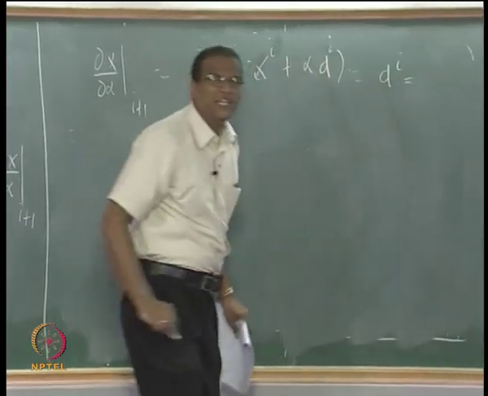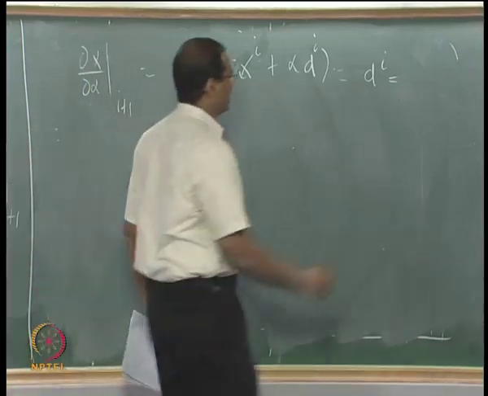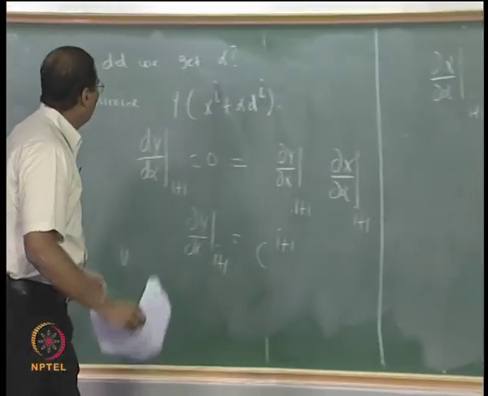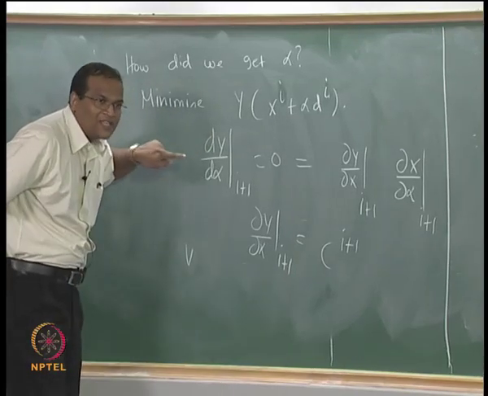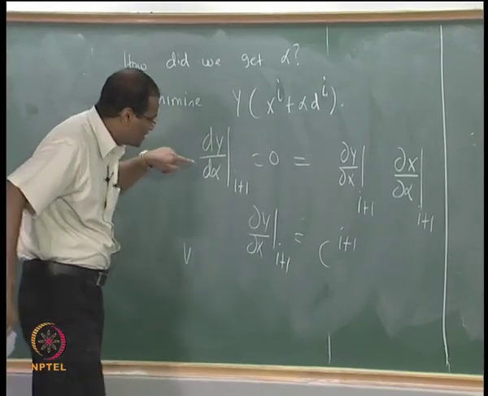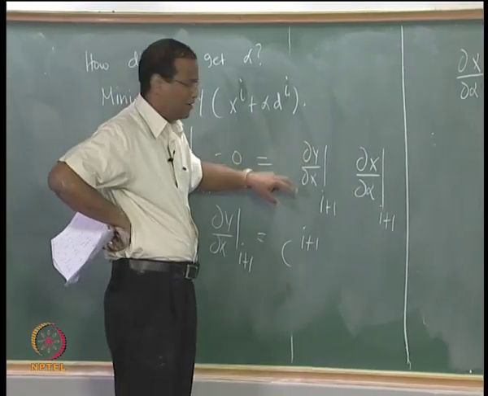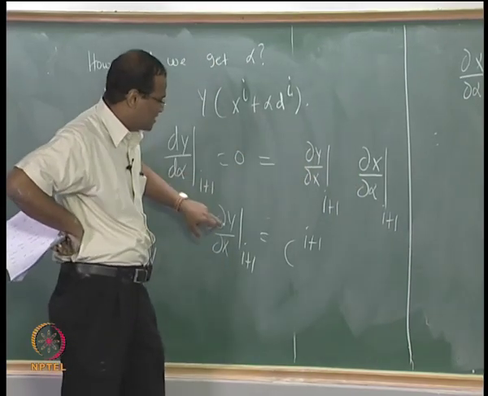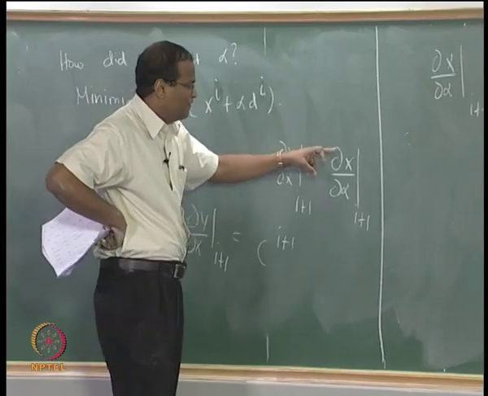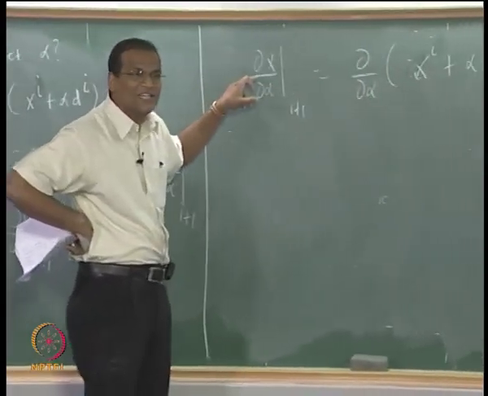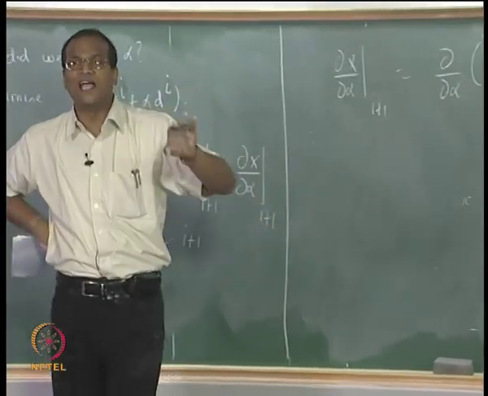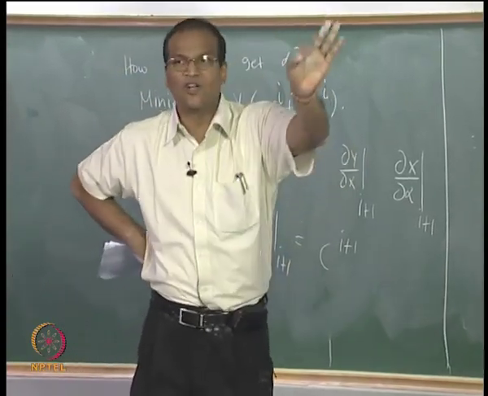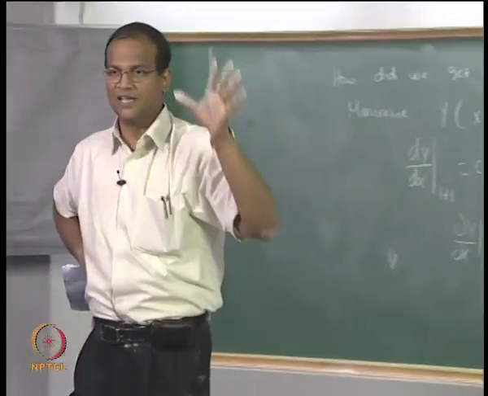What is the relationship between di and ci? Minus ci. So if dy by d alpha has to be 0, dy by d alpha is itself a product of two partial derivatives, dy by dx into dx by d alpha. Dy by dx turns out to be ci plus 1, whereas dx by d alpha turns out to be ci. Therefore ci into ci plus 1 equal to 0. Therefore at the I plus 1th iteration the direction of movement is orthogonal to the previous direction,